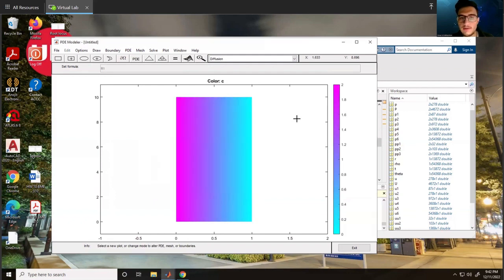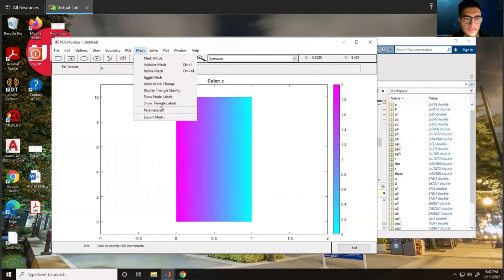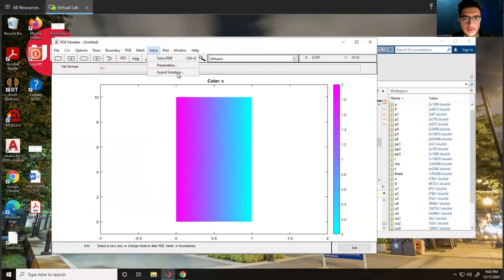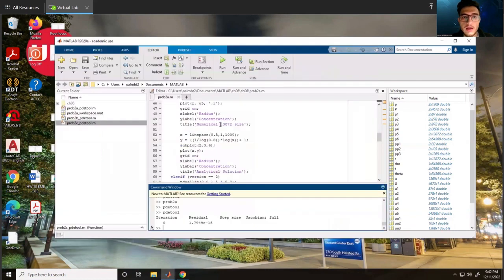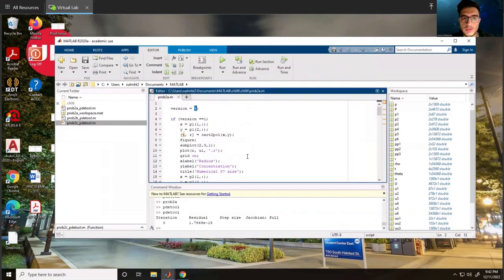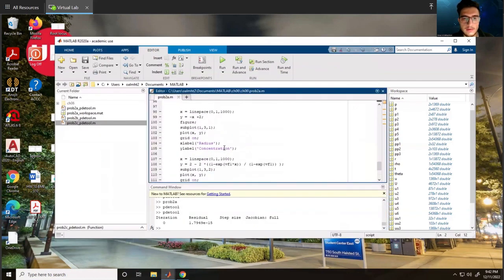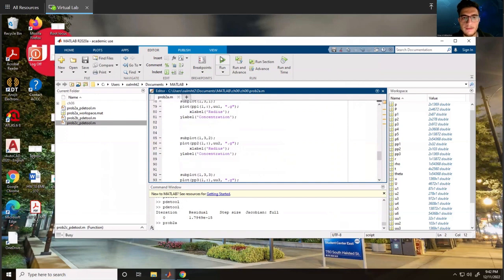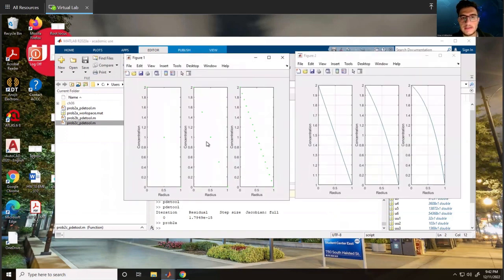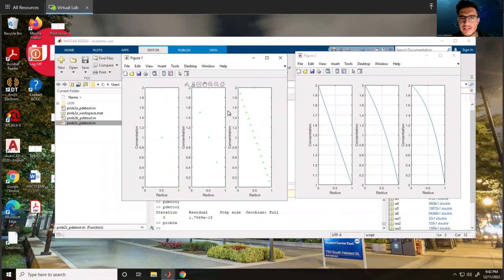So what I did, similarly to what I did in the first one, I exported the mesh and exported the solution. But I did this for increasing max size, right? So increasing mesh, and then I plotted all that along with the analytical solution using this right here, right? This is the analytical solution, and this is the actual solution. And so plotting it, you see this is the analytical part, and this is the numerical part. And we see increasing resolution helping us get closer to the analytical solution and getting us more